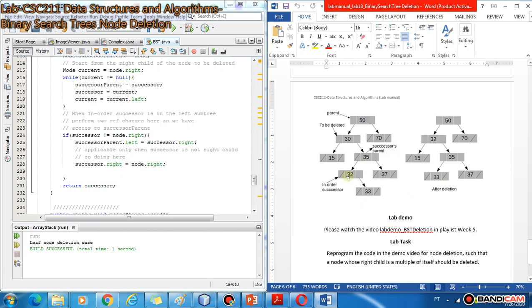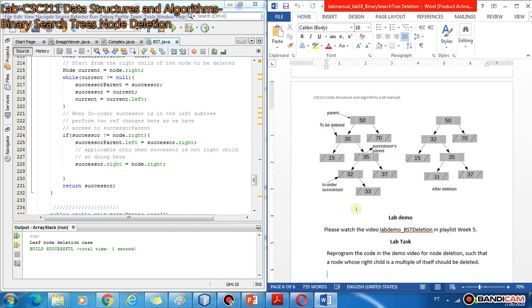If you consider this, 30 would be replaced by 32. So 32 will come here in place of 30, but 32 has its own right child 33. When it takes the place of 30, 30 already had both its left and right children.